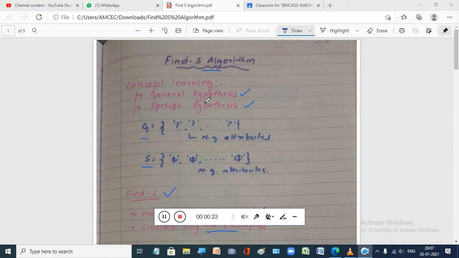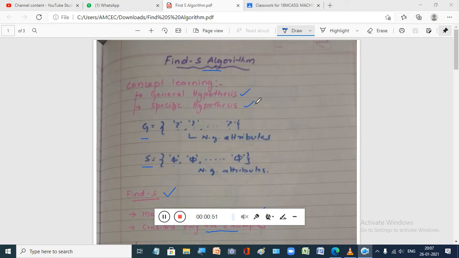concept. Say, for example, if you consider a chair and you want to train the machine that it is a chair, now the concept is a chair. It has certain features, right? We train the machine with particular features. Here we have two kinds of hypotheses, which we call the general hypothesis and the specific hypothesis, when we train our algorithm.